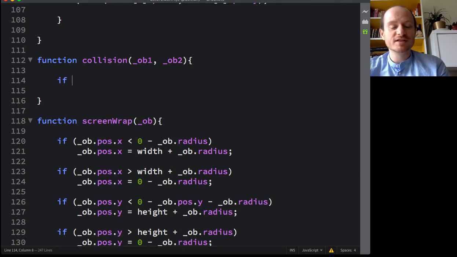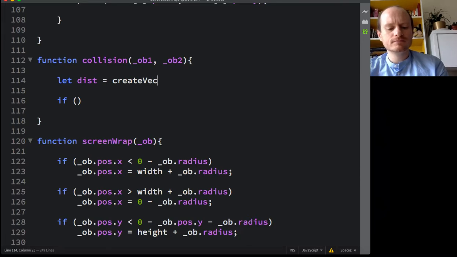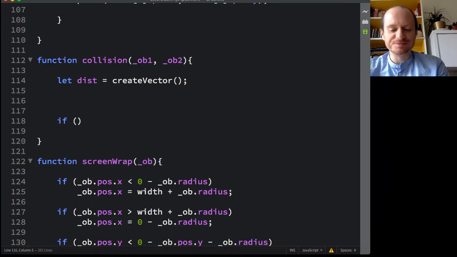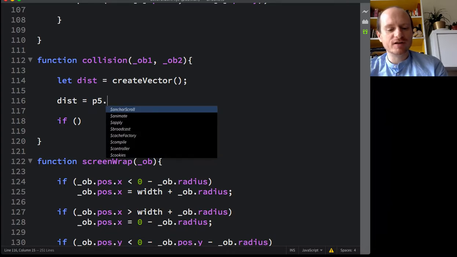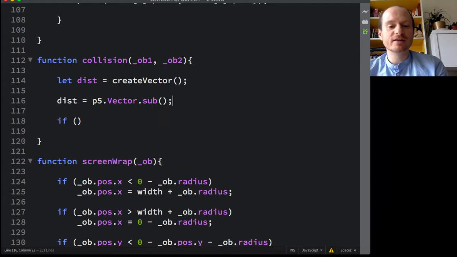So what do we want to say? We want to say if, and we need a vector, we need to first subtract one vector from another. So let their distance equal, let's create that as a vector first. That seemed to work in our other function, i.e. creating a vector before you did anything to the vector. So we're going to say the distance equals, and it's a p5 vector function, subtract. You just write sub for subtract, and then